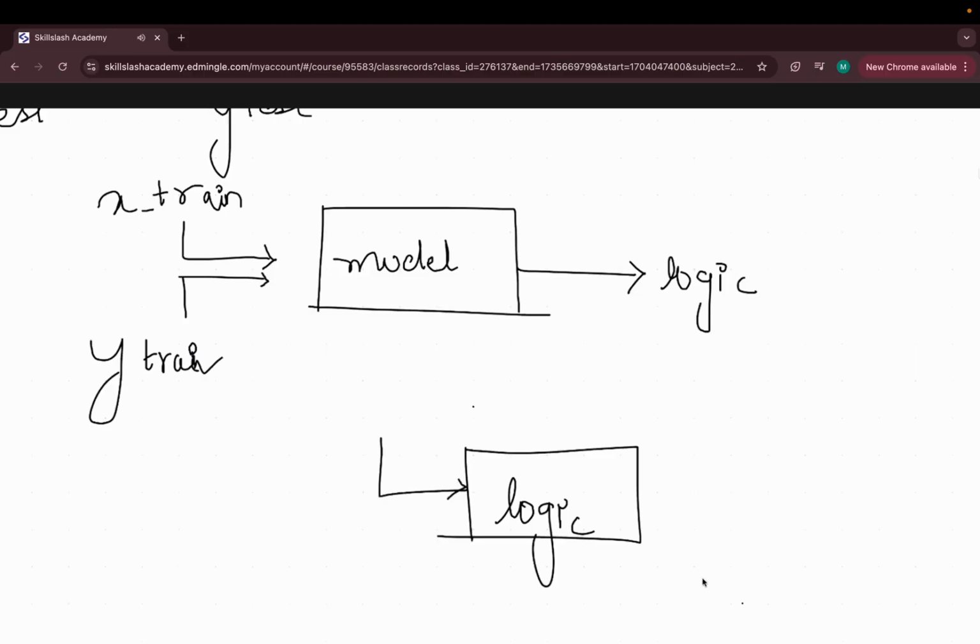What we are going to fit here, guys. Let's say you are having the logic. Now, inside the logic, what do we have to give? X test. That will give me the Y prediction. Now we have to judge the efficiency of the model. So we are going to check the differences between the Y prediction and the Y test. Simply, we are going to judge which entries of Y test are different from the Y pred, and then we will say what the efficiency of the model is. On the basis of that, we can also do future predictions.